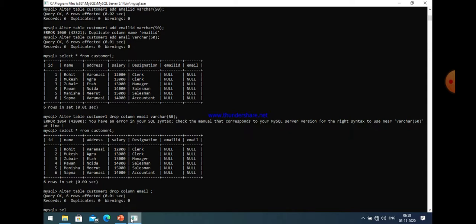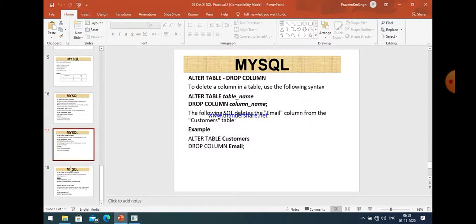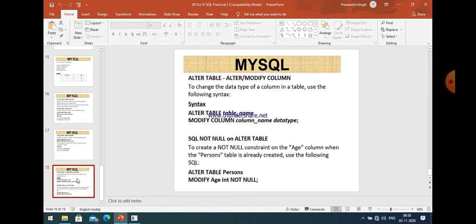So drop column email, email column will be deleted. Again you can check it using select star from customer 1, and you can easily see here that email ID is a part of the table, but email is not part of the table because email is already deleted.